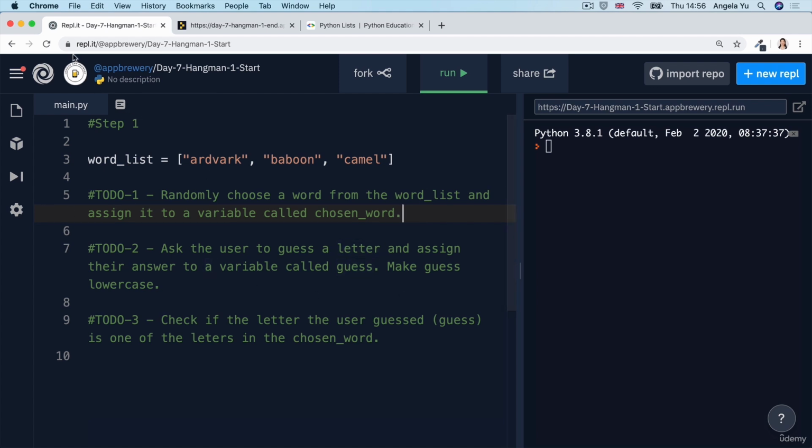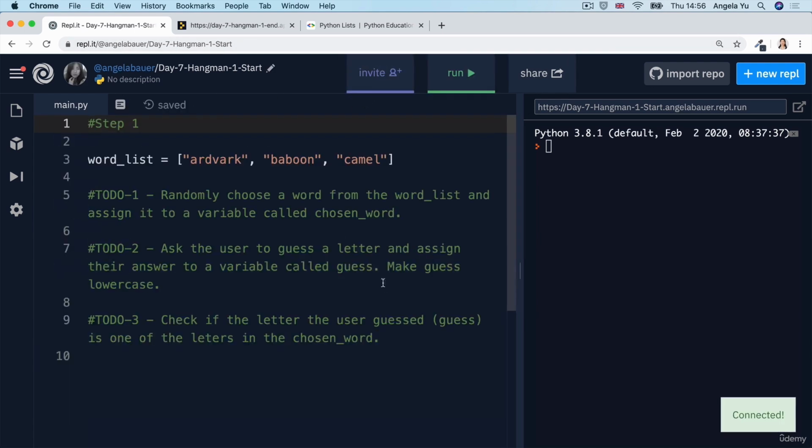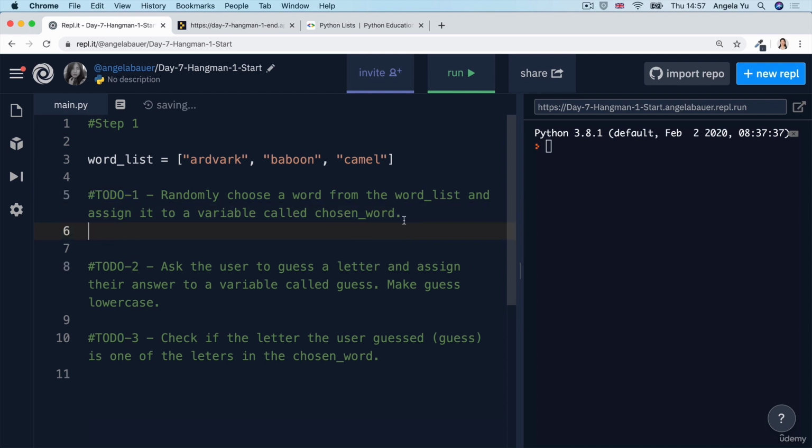So first things first, head over to the link and fork your own copy. Once you've done that, we're going to tackle the to-dos one by one in order. The first one asks us to randomly choose a word from the word lists and assign it to a variable called chosen word. So in order to randomly get an item out of the list, we're going to need to